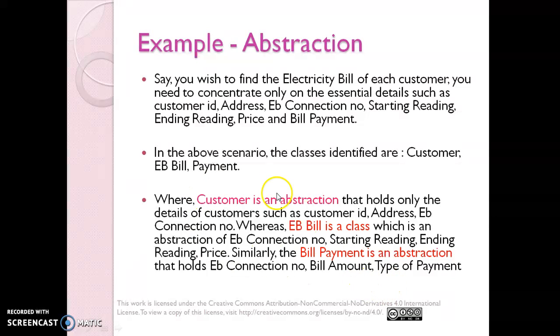So I should not have an electricity bill as a generic class and have all these customer, EB bill, bill payment details inside that electricity bill class. So now it is coming into the most important task of abstraction, in which we need to identify the abstractions by identifying the group of similar objects in these different abstractions. That is how you can make the objects being created according to the selected classes.